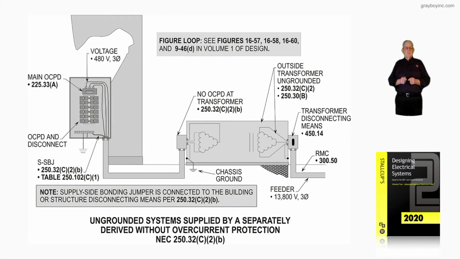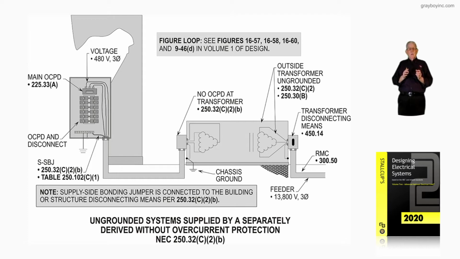Now, this illustration deals with ungrounded systems supplied by a separately derived system without overcurrent protection in accordance with 250.32(C)(2)(b). Notice everything is the same in this illustration. Your callouts are the same, except we have an overcurrent protection device on the secondary side of this ungrounded transformer, still on the secondary. But there's no overcurrent device in accordance with